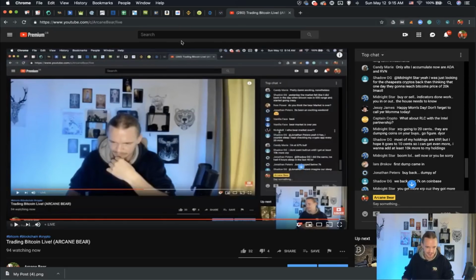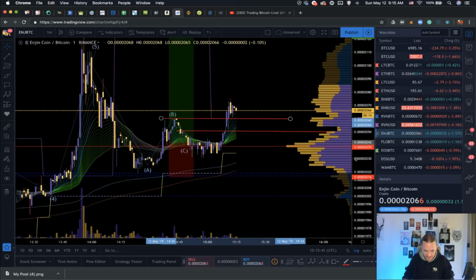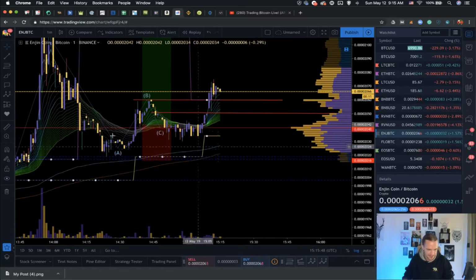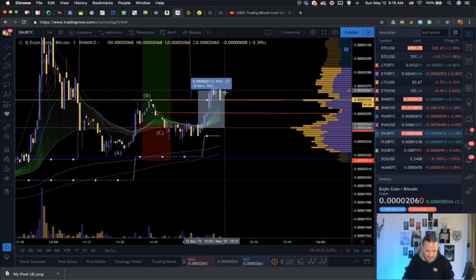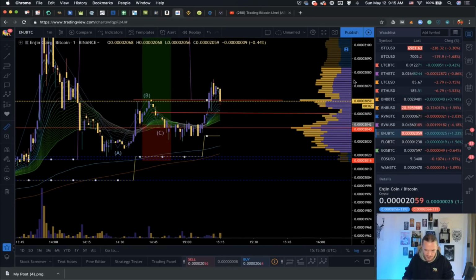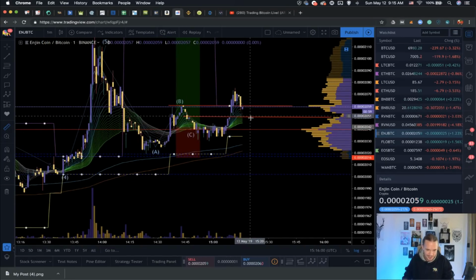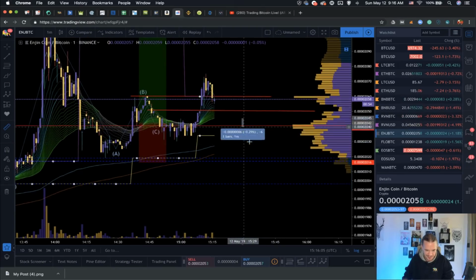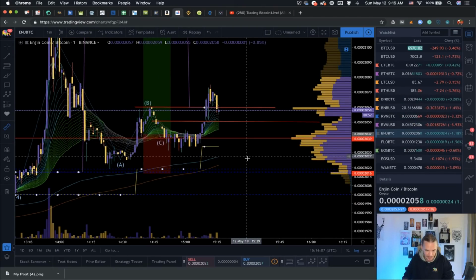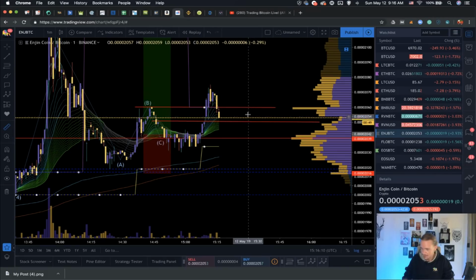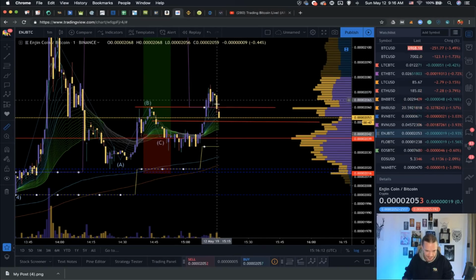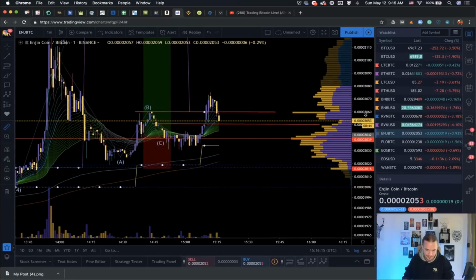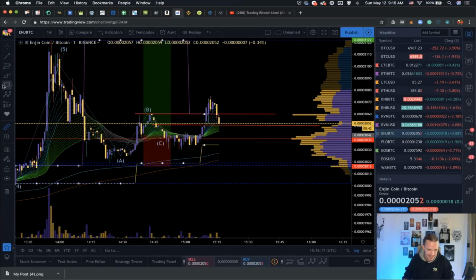Okay, so here's an interesting point. Let's take a look at it now. Here's one of those factors where you kind of got to decide your risk right off the get-go. For me, taking a position that went from 2040 to 2027 is around 1.2%. So I kind of got to ask myself, do I want to take that trade? Because here, as you can see, the super guppy is going to turn downwards, and it might actually come down again lower. So a big part of the question is when you see weakness like that, see how it turned down. I often will exit parts of my position and take a 1 or 2% gain,